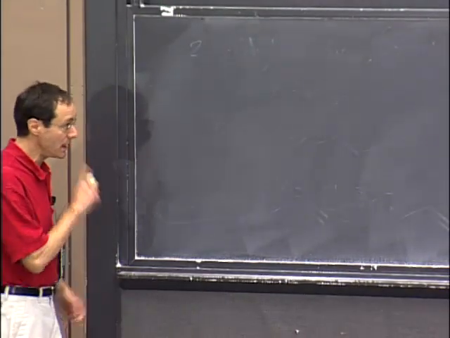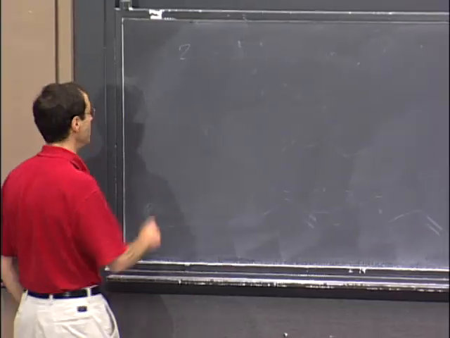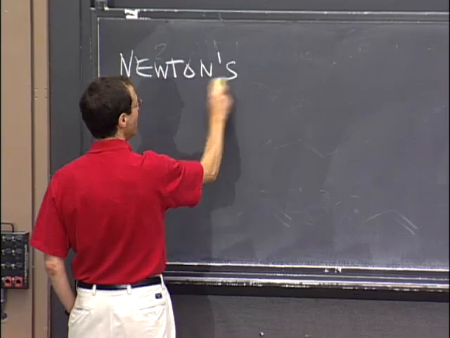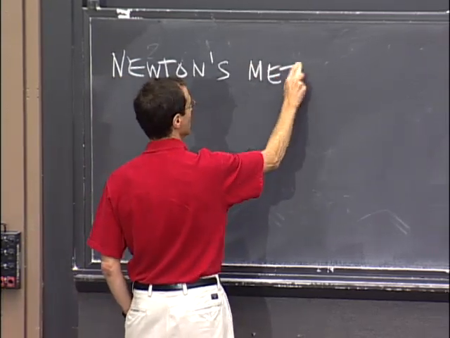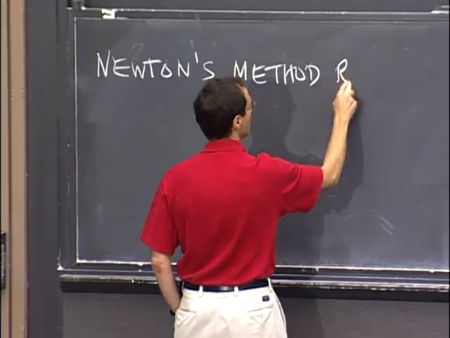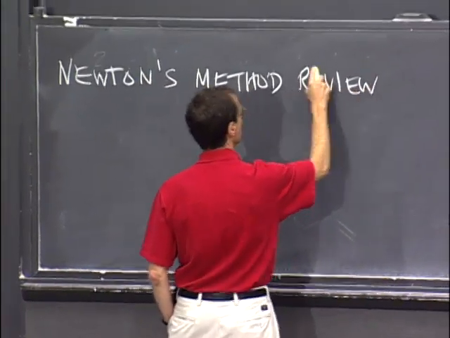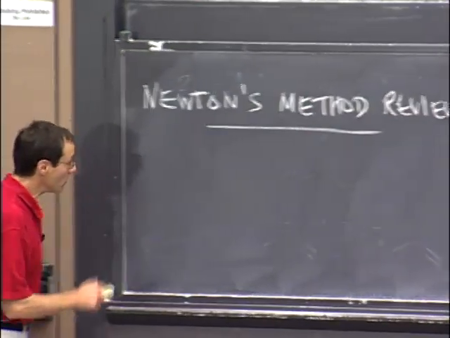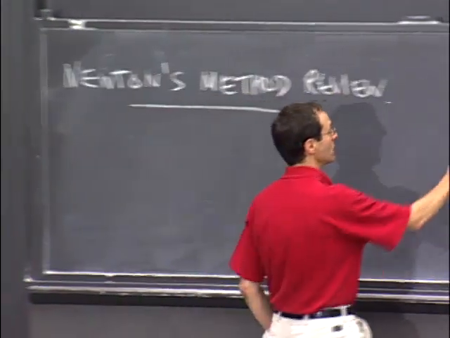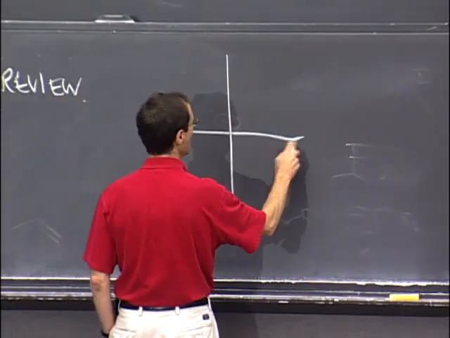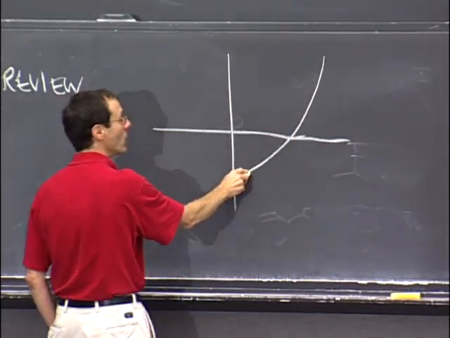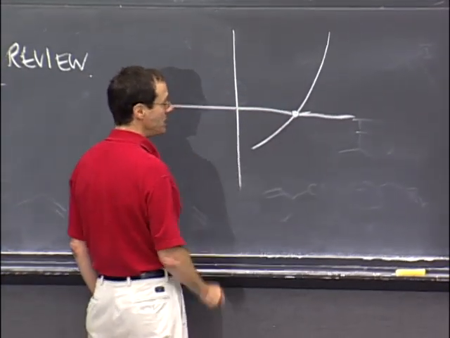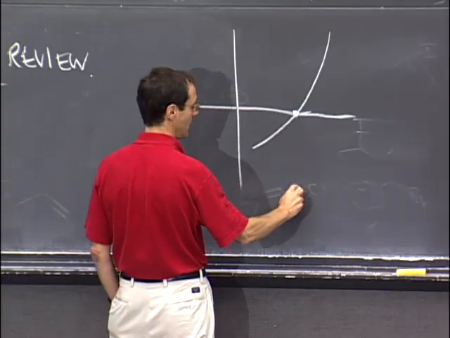What we're going to talk about today is a continuation of last time. I want to review Newton's method because I want to talk to you about its accuracy. If you remember, the way Newton's method works is this. If you have a curve and you want to know whether it crosses the axis, and you don't know where this point is, this point which I'll call x here,